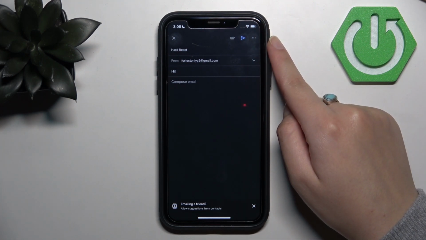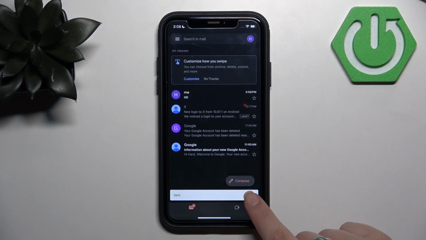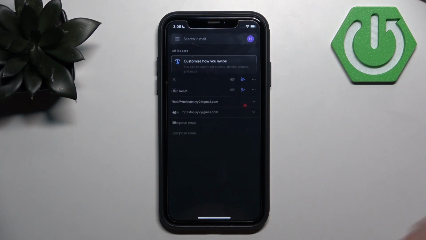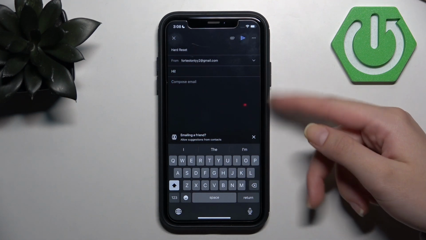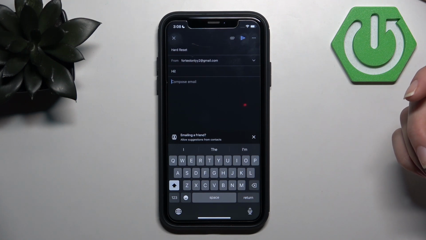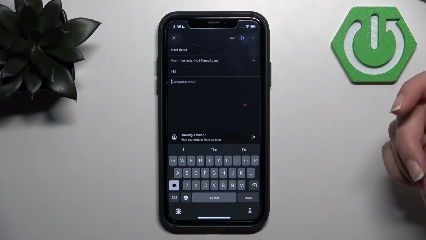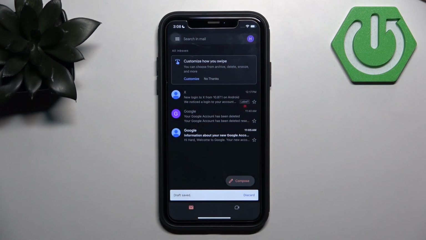then you need to immediately click this undo button. The email is not delivered to someone, and your draft will reopen so that you can fix it or delete it completely. So to delete it, you just need to press this cross icon, and you can see that draft has been